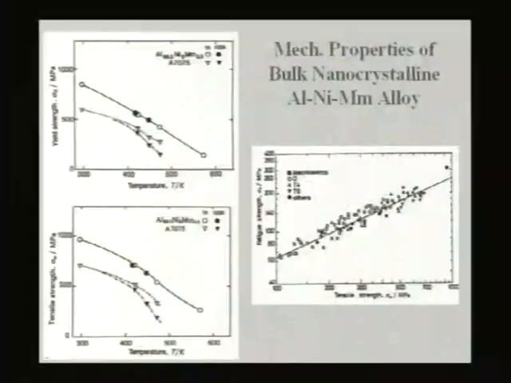You have lanthanum, about 40% of lanthanum is there, about 30% of cerium is there, and some amount of samarium and things like that, some amount of gadolinium. So if you take aluminum nickel mish metal type of alloy, and then look at the creep properties or stress rupture strength as a function of temperature, you can see you get much higher strength when compared to conventional aluminum 7075. What is the 7075 alloy? Aluminum zinc magnesium alloy. Very good.